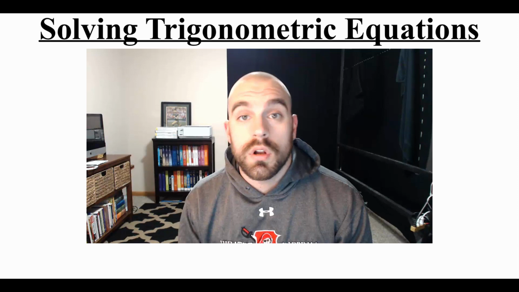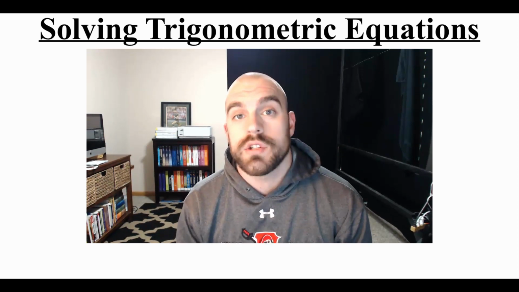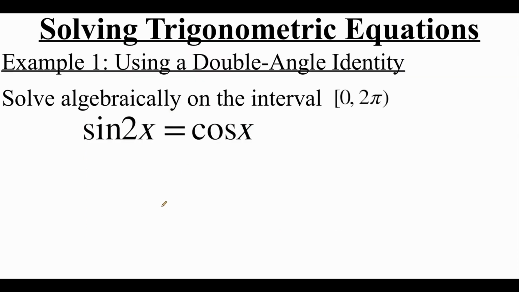In this video, we're going to look at solving trigonometric equations. As we're taking a look at this first equation, we are going to solve the equation sine of 2x equals the cosine of x on the interval from 0 to 2 pi. Because I see that sine of 2x in there, we're going to use a double angle identity to help us out. So the sine of 2x can be replaced with 2 sine of x cosine of x equals the